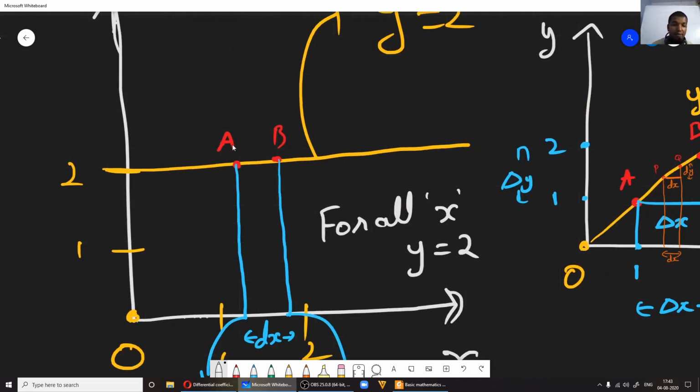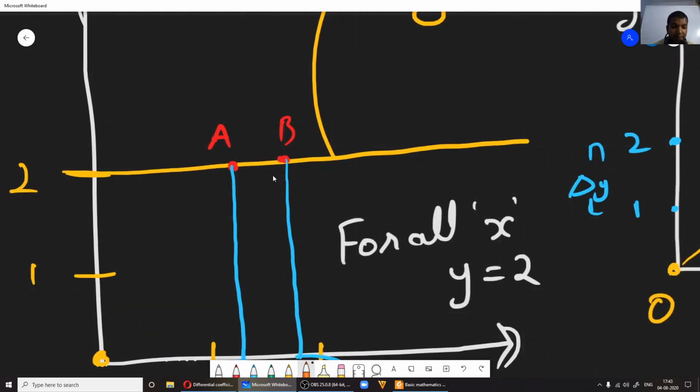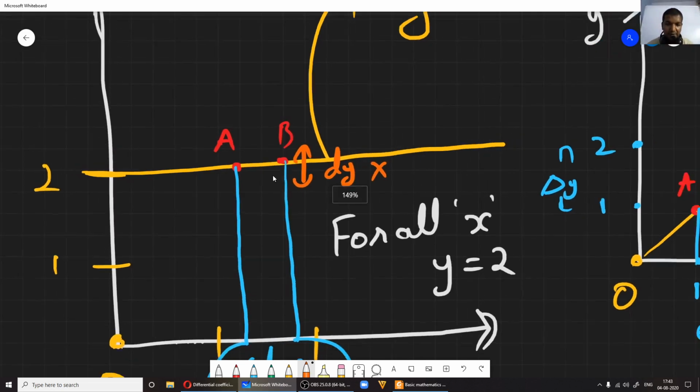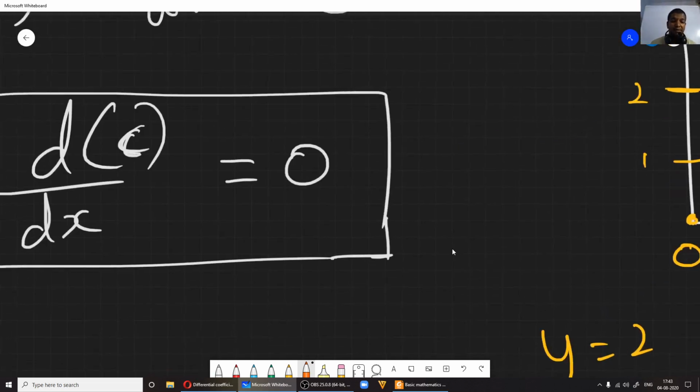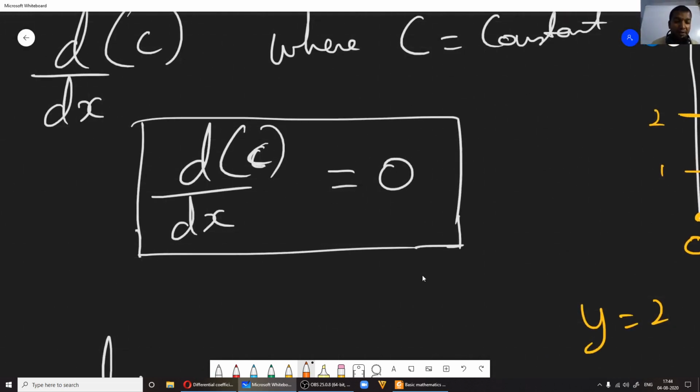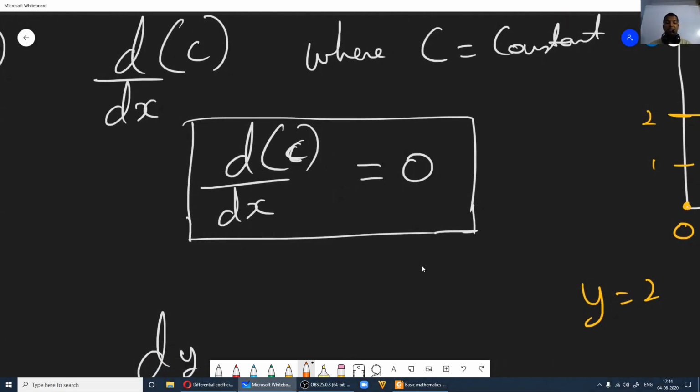So here if I write dy, can I write dy like this? No, I cannot. For some change in x, you don't see any change in y. There is no change in y, which means dy is actually 0. That is all it says, fine. So therefore, the differentiation of a constant with respect to x. You just have to see how